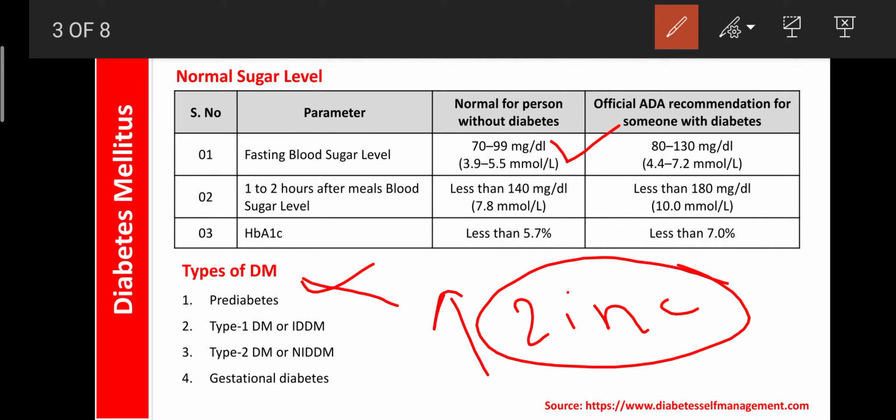And the other type is type 1, also known as type 1 diabetes mellitus or IDDM, that is insulin dependent diabetes mellitus. Worldwide around 15 to 20% of the population suffer from type 1, and the remaining suffer from type 2. In type 1 it occurs due to destruction of the beta cells. Due to oxidation or entry of free radicals in the pancreatic gland, they can destroy the beta cells, so the beta cells fail to release insulin.